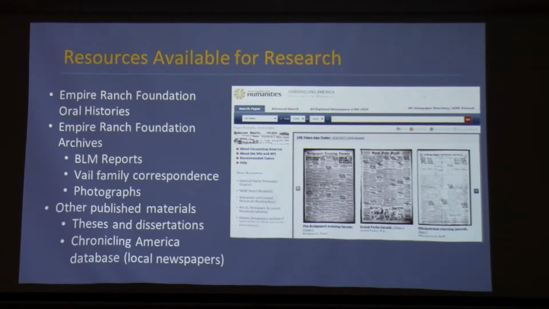And my favorite and most addictive database these days is a free database from the Library of Congress, Chronicling America, which has digitized images of newspapers, the smaller newspapers in the area, from the 1870s up until about 1914. And you can go in there and do keyword searches, and you can spend all day on it. I'm now going